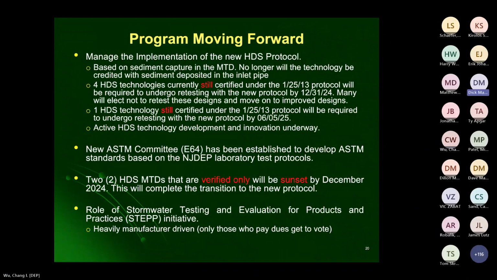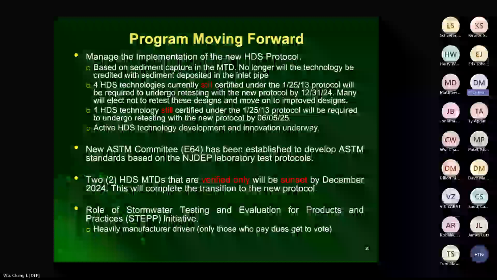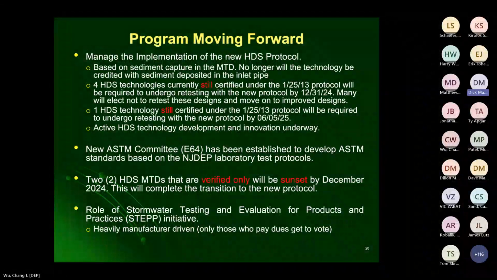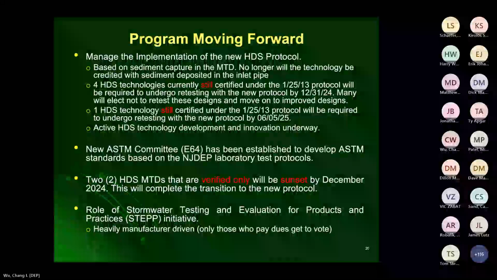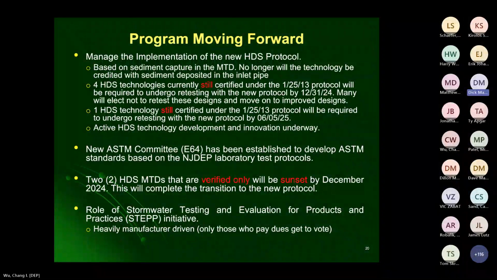I'm a little cautious of it because only manufacturers who pay dues can vote on what goes on there, and they basically don't have yet in place a rigorous evaluation process like we do in the NJDEP program has,